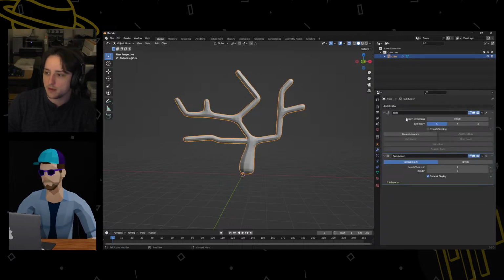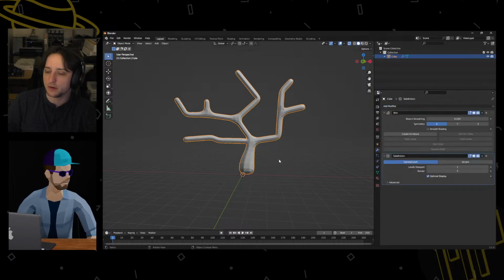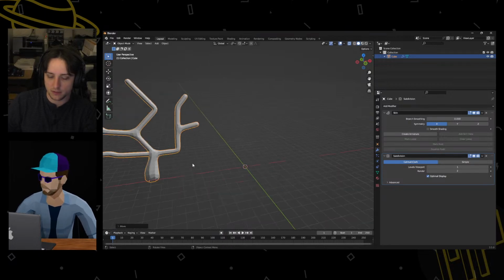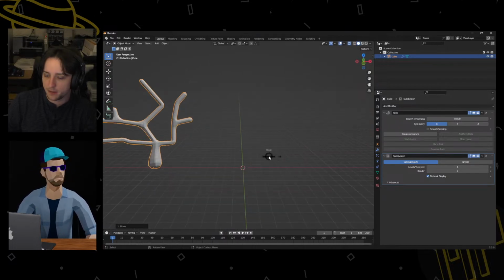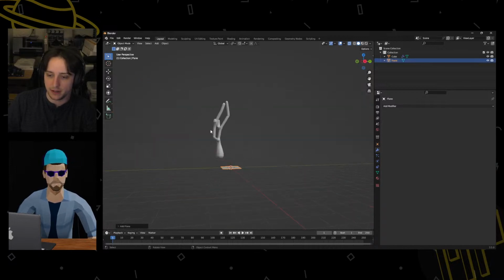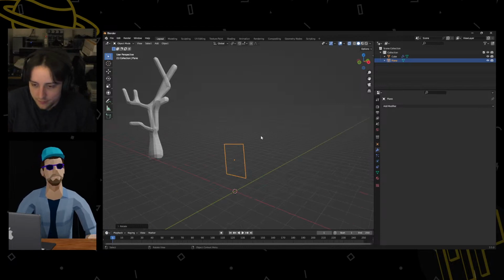Cool. Okay. So what do we got next? Oh, solidify. Okay. So solidify, let's keep our tree real quick so we can use that later. We'll look at subdivision, but I'm just going to add a plane here because the next one is solidify. So with this solidify modifier,